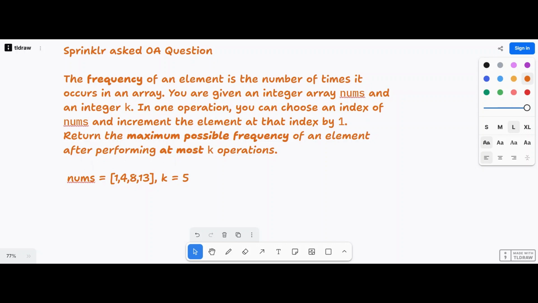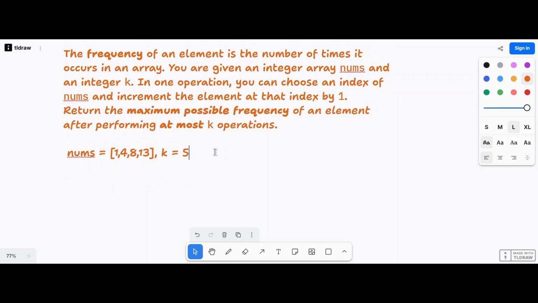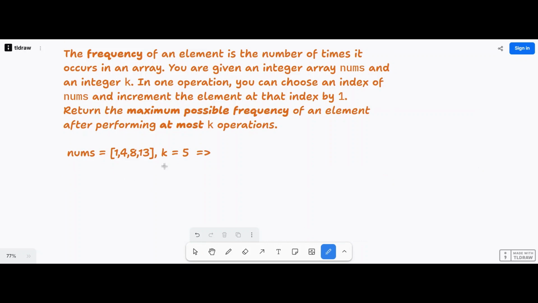And we have to return the maximum possible frequency of an element after performing at most k operations. At most k means maximum k operations, and we want the element whose frequency is maximum. So let's say after 5 operations my array has become like 4 4 4 13. Now this can't be possible because we have to only increase. Let's just see. So our keyword is we can only increment the element,